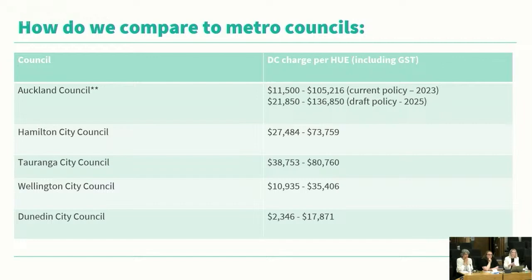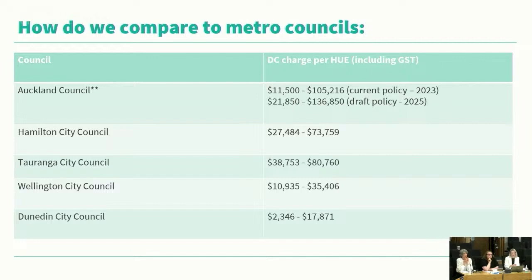Auckland has quite a range of DC charges because they have a large number of catchments. We've got two lines on your screen because they are currently consulting on a new draft policy. Under the current policy, their DCs start at 11,000 and go up to 105,000 per HUE. Under the new policy, they start at 21,000 and go up to